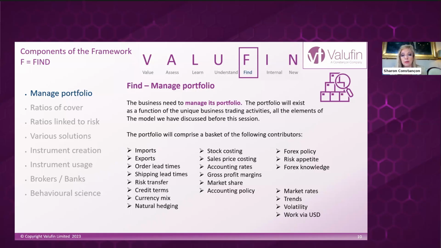Another element is, is our competitor working in a different currency to us? So you might find that one company is importing from Japan, another company is importing from China in the US dollar. And you'll find that the yen and the dollar, therefore, are behaving differently. And the dollar, particularly being a safe haven currency, can have a large degree of volatility that does impact other currencies as a corollary, but invariably is a leader in some of the market activities. So you can find that you will end up at a disadvantage or an advantage to a competitor if you have got different currencies in which you are importing or exporting.